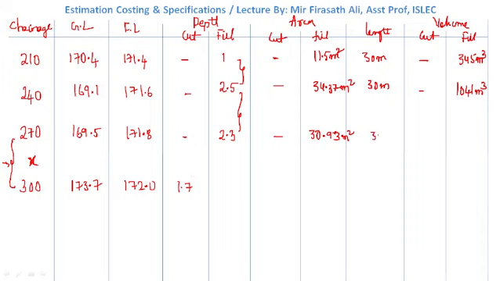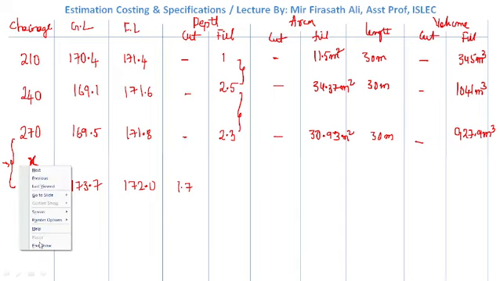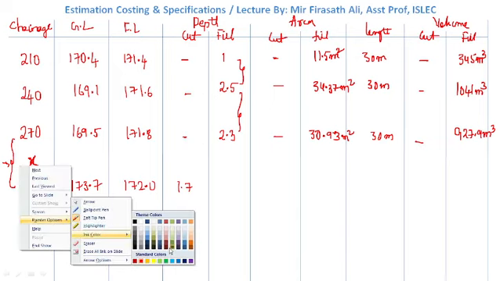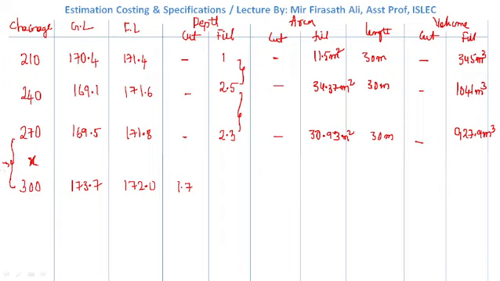Okay. Again we have 30 meters of length. If you multiply this, it will be around 30.93 into 30 meters. It is 927.9 meter cube. 927.9 meter cube. Okay. When we talk about this X station, let us assume this X station over here. If we assume this X station over here, there is station 270 and there is some interchanging point.